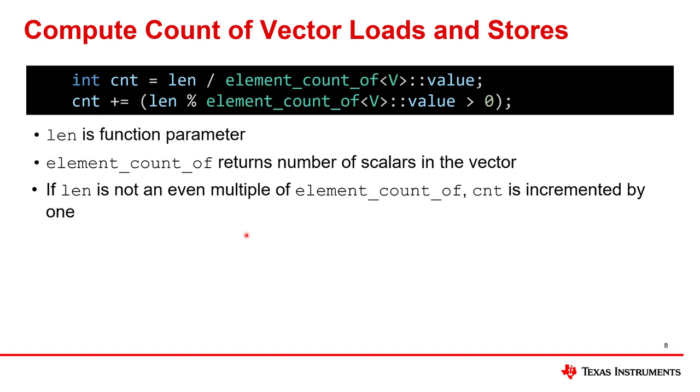And you've seen similar code to this. There was an example similar to this at the very end of the video about the streaming address generator and the very end of the video about the streaming engine. They both did a very similar thing with this computation here, and you would increment it by 1 if length was not an even multiple of the number of operations you were doing in the vector. And the reason will be similar, and we'll see that when we start to talk about the main loop code.